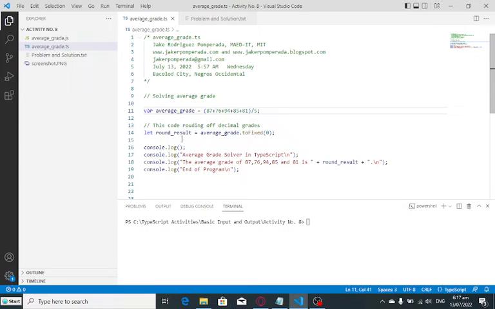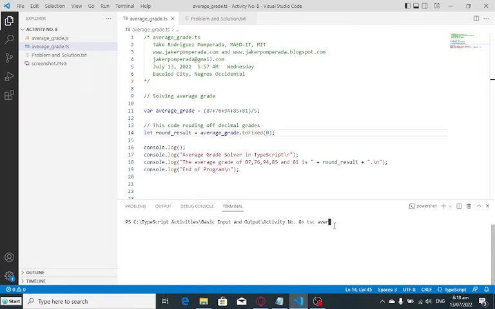So let round_result equal average_grade.toFixed(0), because if we put 2 here, we have 2 decimal places. So console.log here the title, Average Grade Solver in TypeScript, the average grade of 87, 76, 94, 85, and 81 is the result, and end of program, which informs the user that the program has ended. Now to execute our program, we issue this command: tsc